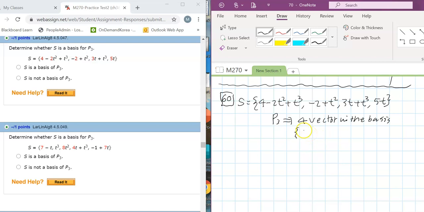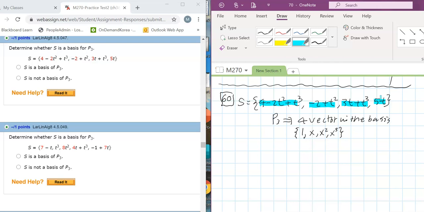Because the standard basis is 1, x, x squared, and then for P3, x cubed. Okay, so we have 4 vectors. Is that right? Okay, so it qualifies at least. Therefore, you need 4 vectors. There are 4 vectors. But now, whether these vectors span